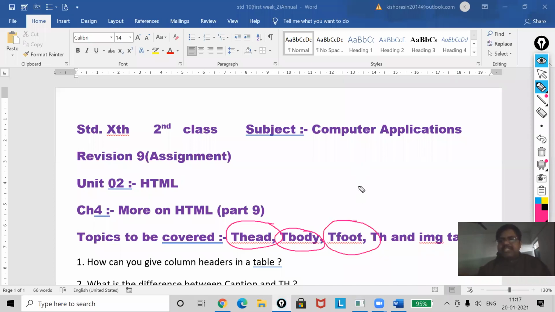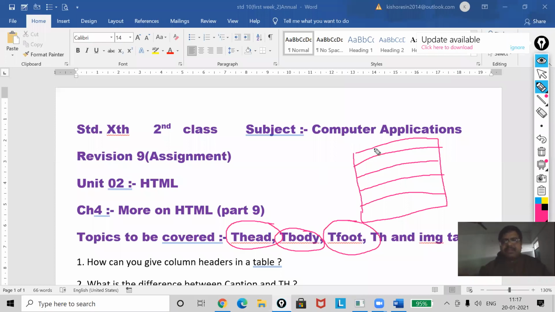Suppose this is my table. This is my first row, second row, third row, fourth and fifth rows. Okay. My first column and second and third. See, I want my first row should behave as head.